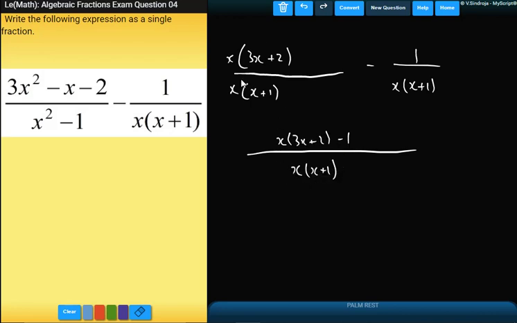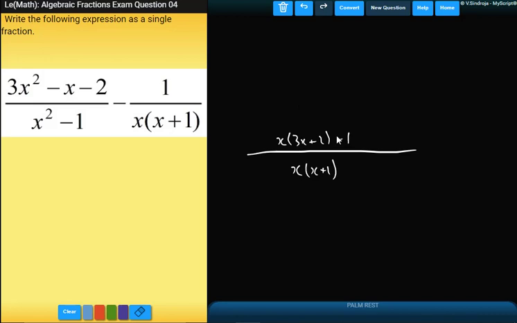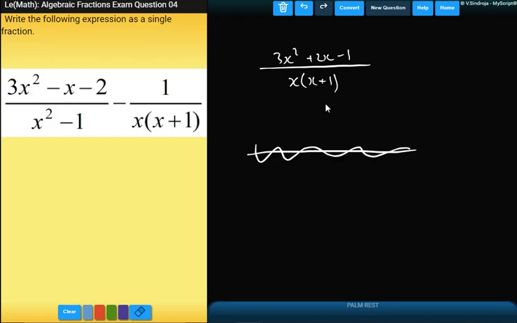Okay, now let's get rid of all that. Now if I expand that top, I will end up having 3x squared plus 2x take away 1. Okay, and on the bottom I'll have x(x plus 1). Now I feel there's a bit more to this question. Okay, I don't think this is the answer. I think you need to look at the top, factorize that again, and I bet it cancels out with that